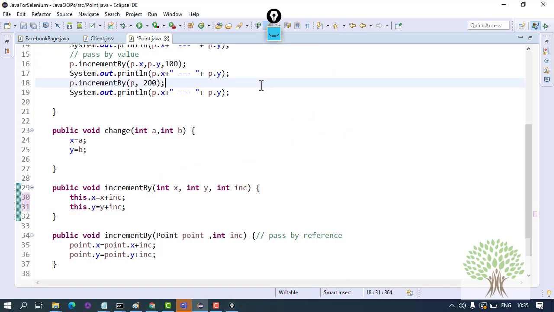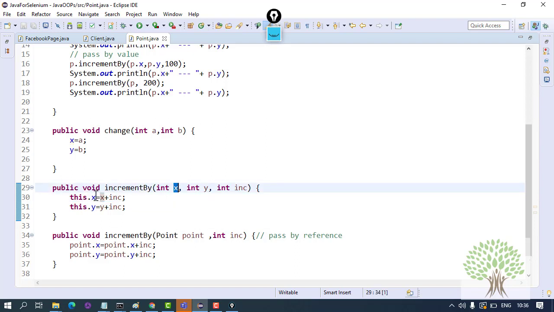This thing might be a little confusing to you, that there are three things over here. One is passed by reference, the second thing is passed by value, and third thing is the this operator. This keyword will always point towards the current object. If the local variable name is same as the global variable name, then local variable will hide the global variable.